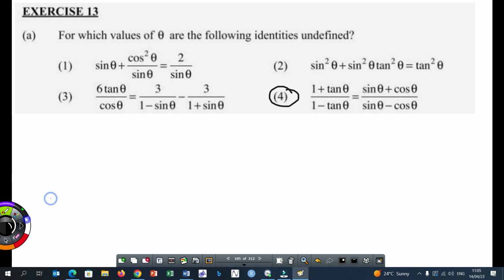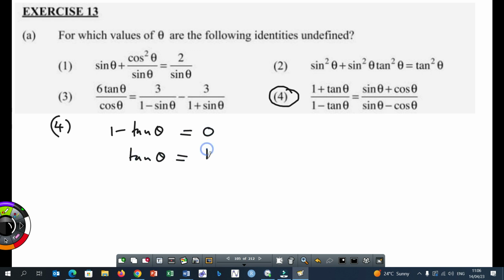Right? So for number 4, 1 minus tan theta. Now for this one, we know that as long as there's tan, there's always a solution which is 90 plus k times 180. But also there are some specific values for theta, even if there's tan, that will make the denominator to be what? A 0. Like here, if you put 45 degrees here, tan 45 is 1. So 1 minus 1 will give you a denominator which is a what? A 0. Which means you also have to equate that denominator to 0, then you get its general